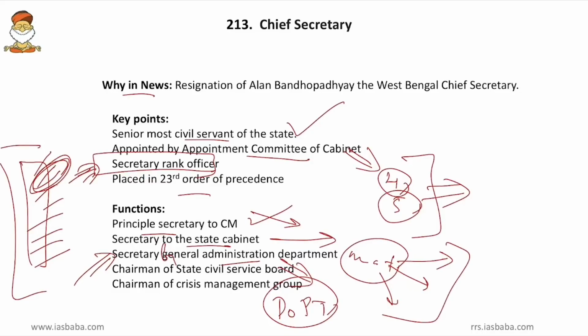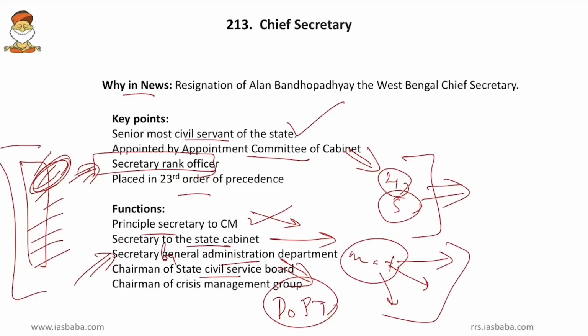So in other words, the Chief Secretary looks into recruitment, training, postings and promotions of all the government employees as secretary to the General Administration Department. Then he is the chairman of the State Civil Service Board. The Civil Service Board was set up as per a Supreme Court judgment, and this board caters to the postings and promotions of senior officers, from the secretary to the commissionerate level. Here as well, the Chief Secretary acts as chairman of the Civil Service Board and looks after the postings and promotions of the senior level IAS officers in the Secretariat of the state.